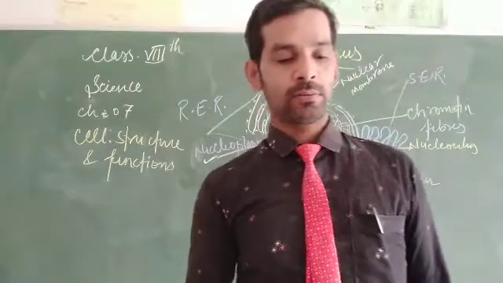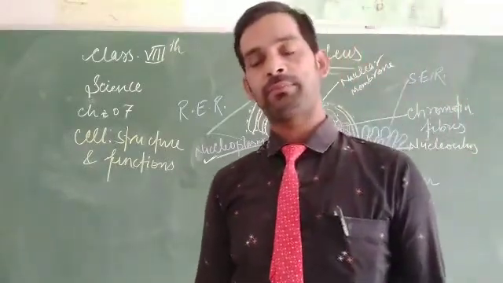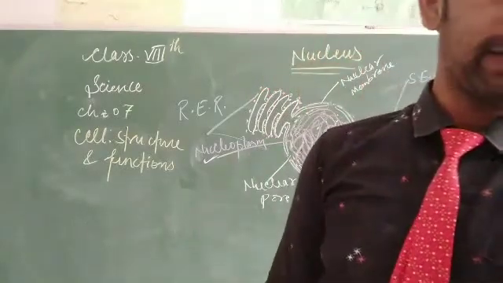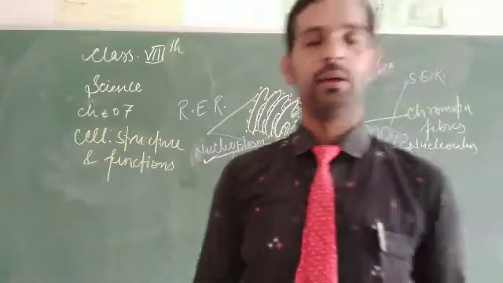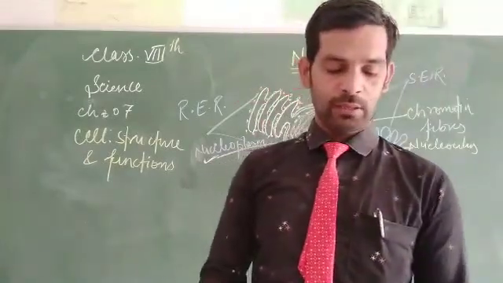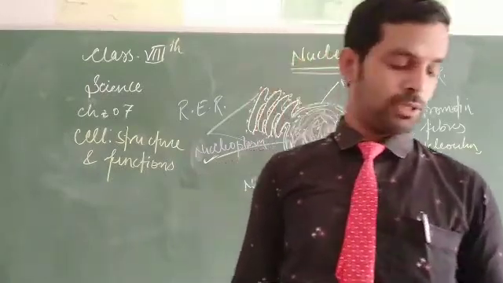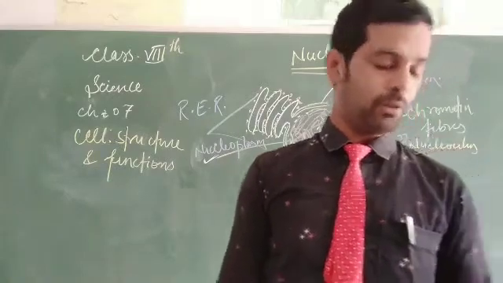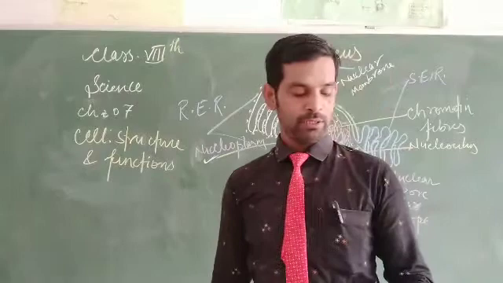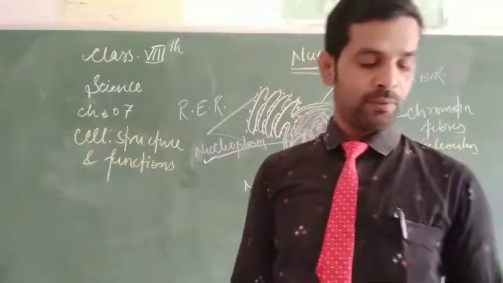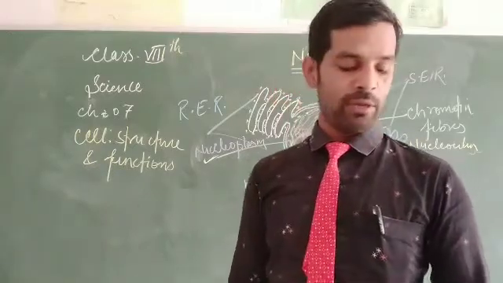Genes are the set of the genetic material of the cell, like chromosomes. They control the transfer of heredity. Gene is a unit of what? Gene is a unit of inheritance in the living organism. It is a coded message which is passed from one generation to another, from the parents to their offspring.